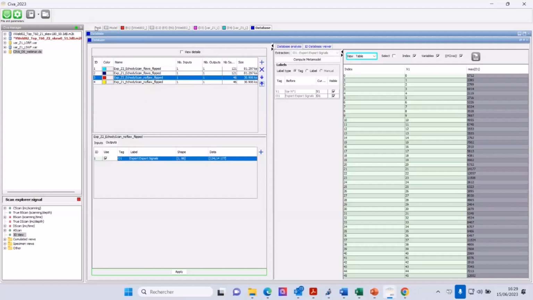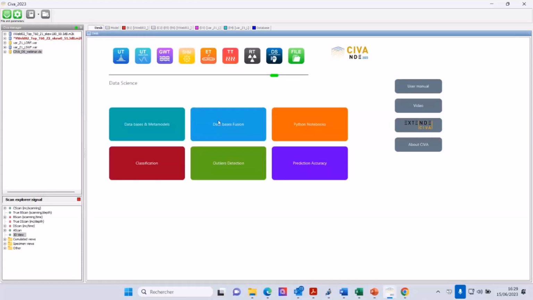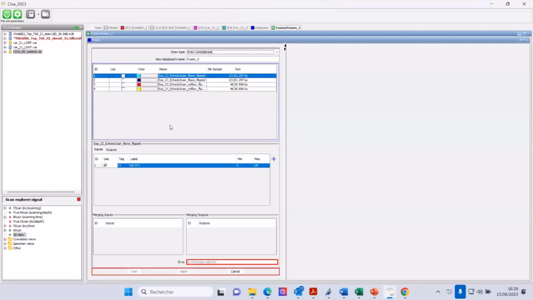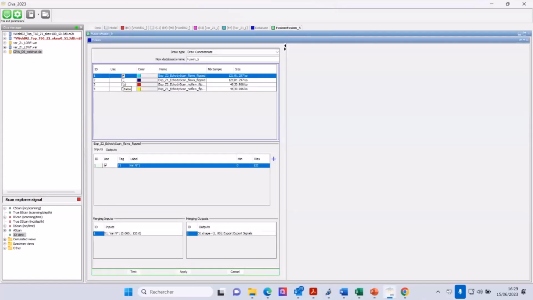So I have my 4 sets, and then Database fusion, create new fusion in current DS. I'm going to make a fusion from the 2 sides of the weld on the part with the flaw. Here I can change the name: experimental data flaw.